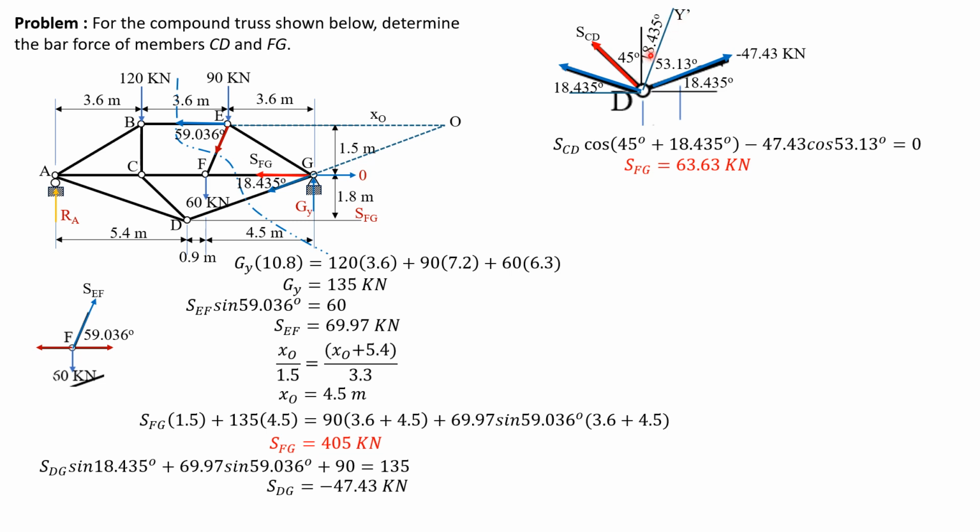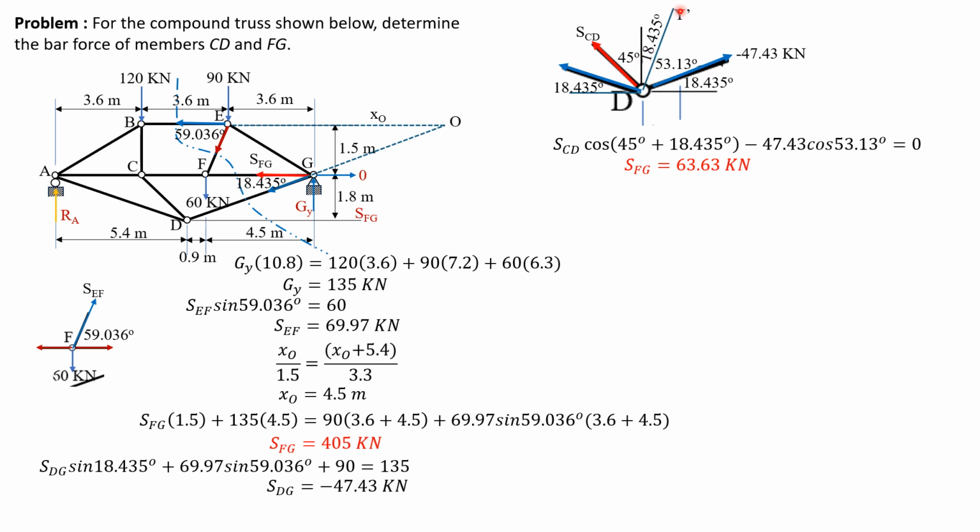This angle should be 18.435 degrees, so that AD and that axis would be perpendicular to each other. So summation of forces y prime equals 0. The component of SCD in that direction is SCD cosine of quantity 45 degrees plus 18.435 degrees,